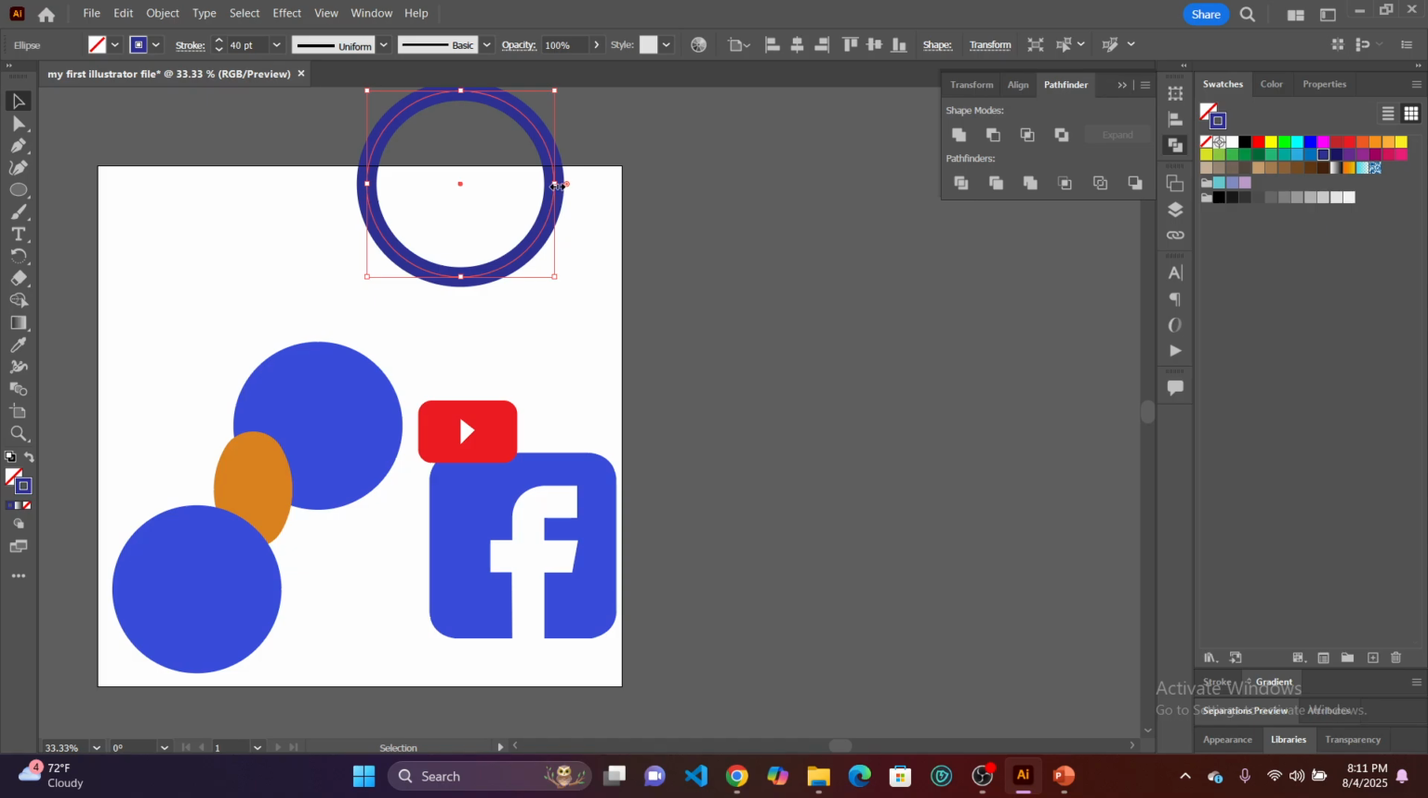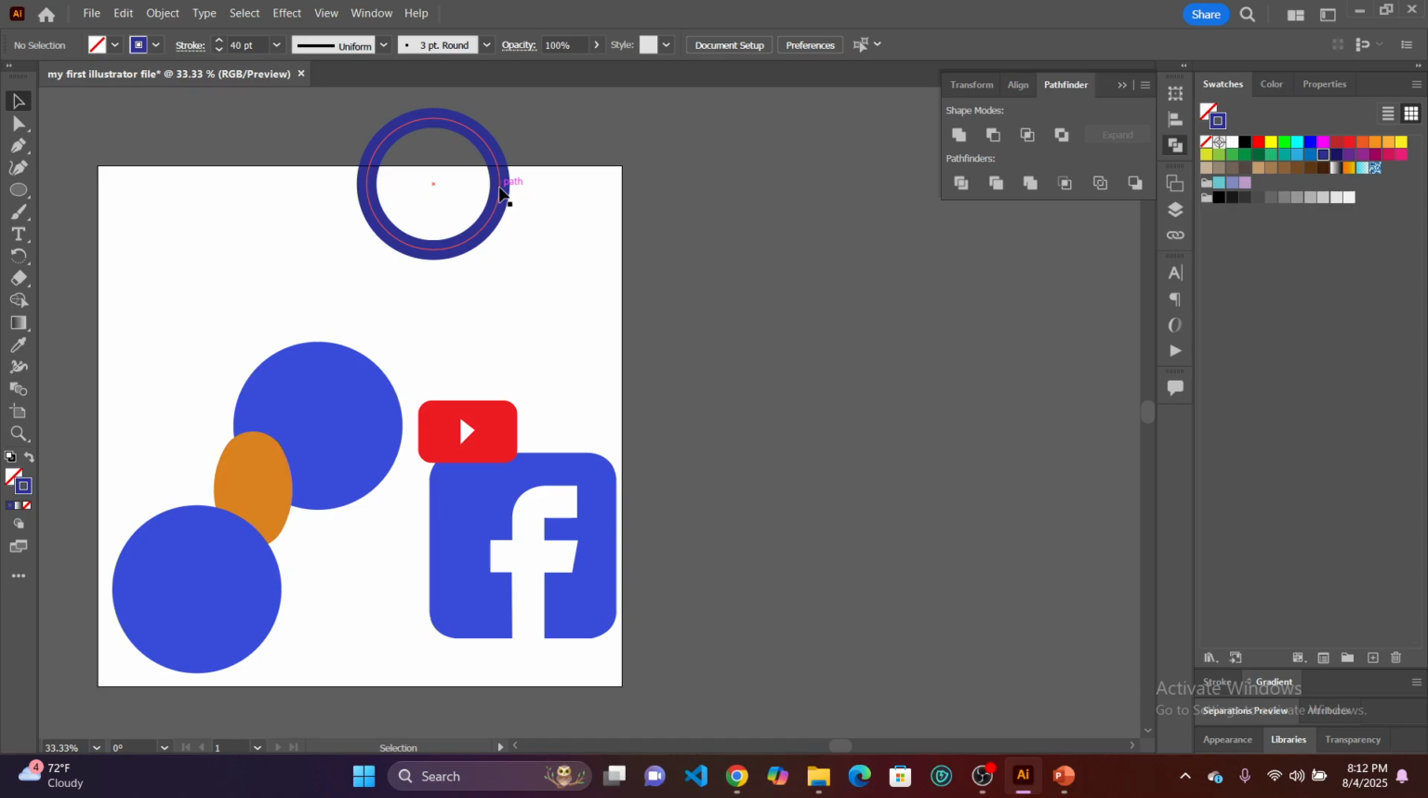I can maintain my hand on the shift key and click on the anchor point and resize it like this. Now one thing that's important to note is, unlike Photoshop, where